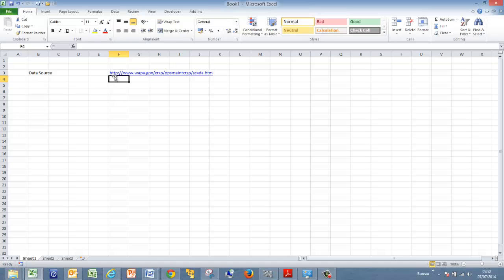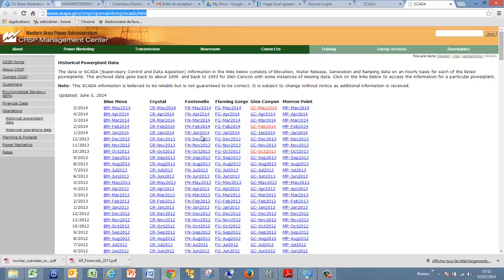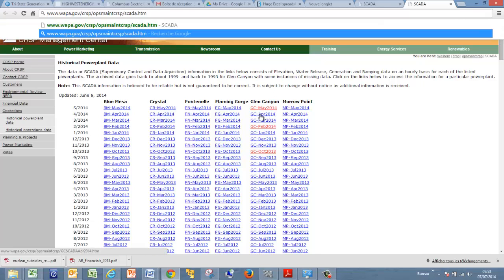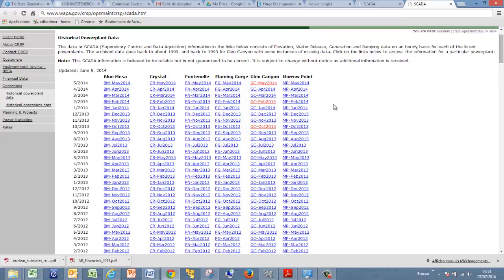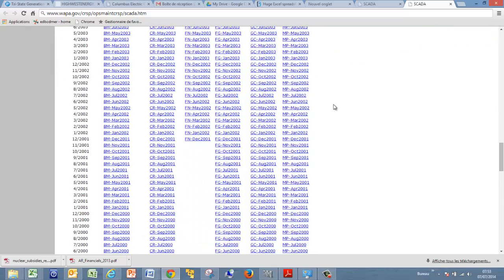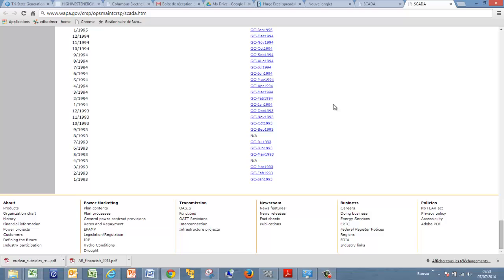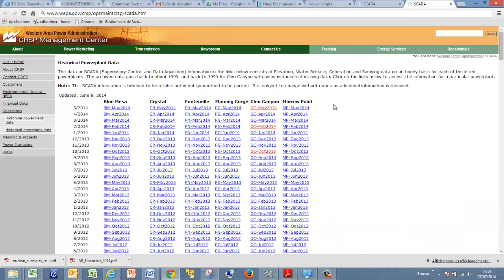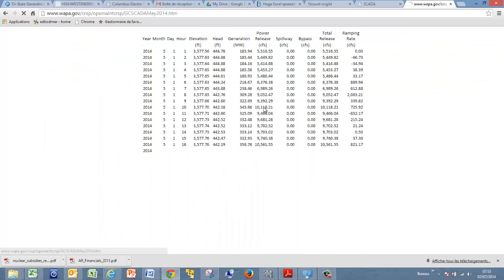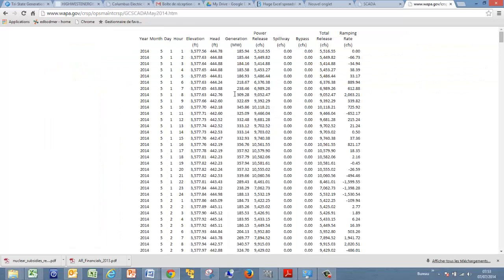This website has a whole lot of data that's recorded in text files for hydro plants. The hydro plants go from the current month and they go all the way down to, well, a long, long time ago, don't they? Now, it seems that I've already done this. If we look at one of these files, they're in